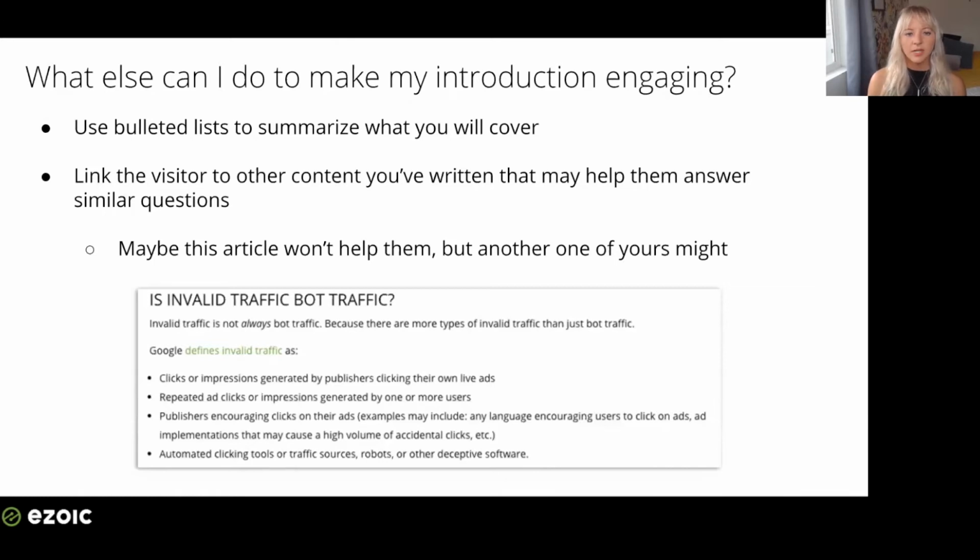So let's say you have your title down, you know what it's going to be. What else can I do to make my introduction engaging? You want to use bulleted lists or numbers that you can use right after the title or after the introductory paragraph. And this is not only good for when Google crawls your website, but it also gives users a quick summary of what is within the content and in what order they can find it. Lists allow users to quickly understand if your content answers their question and ultimately keeps them from bouncing immediately.